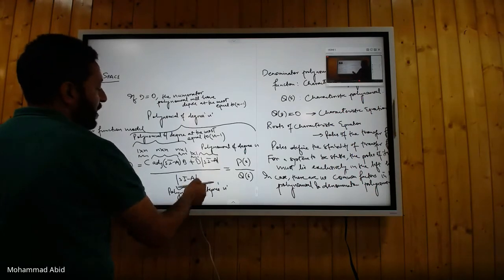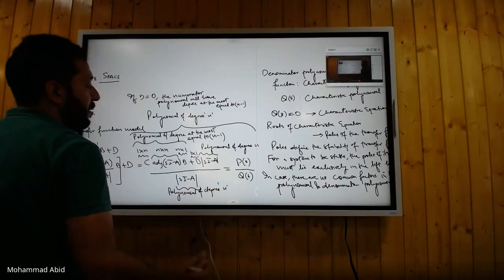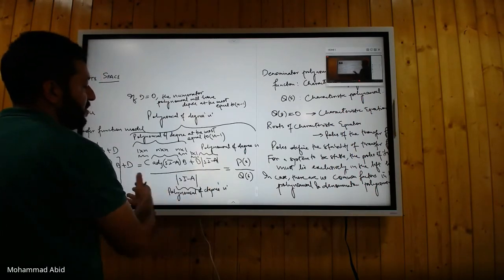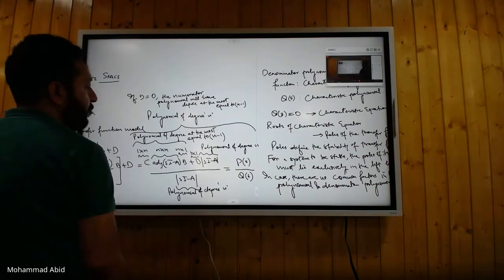Yes, sir. So your QS will not exactly be equal to determinant of Si minus A. It will be some factor of this, जिसमें से वो कॉमन फैक्टर कैंसिल आउट हुआ है।